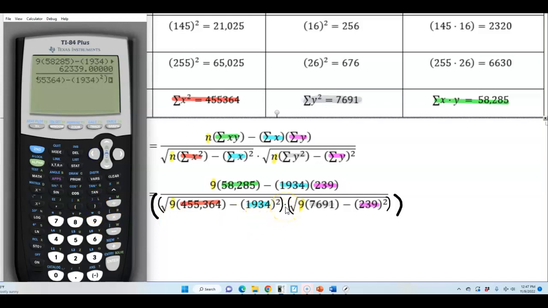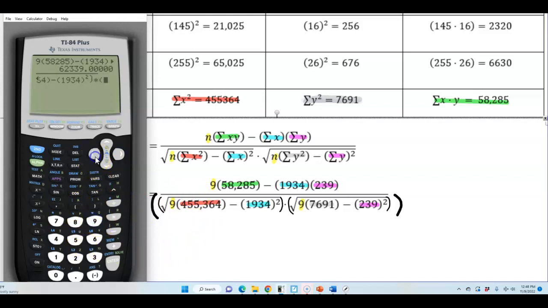Now we're going to have that times button. So we have times. Now we're going to put this in parentheses. Okay, we have our division there. So we have times and then parentheses